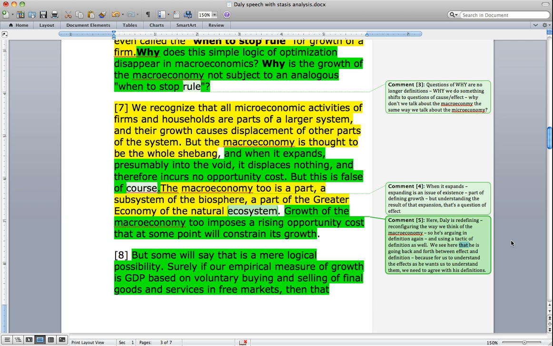We see that he's going back and forth between effect and definition, because for us to understand the effects as he wants us to understand them, we need to agree with his definition. So that's one of the ways that stasis in the hierarchy of stasis works. Once we agree with his perspective on definitions, he can move us to challenging questions of effect. I think that's very much what we see, not surprisingly, right here in the middle of the argument in paragraph